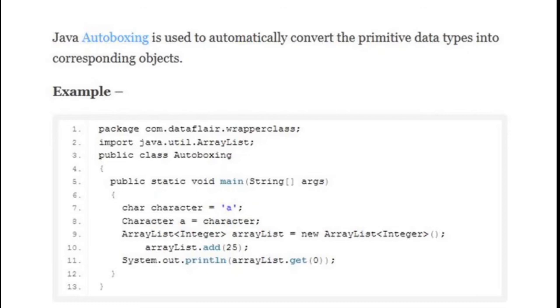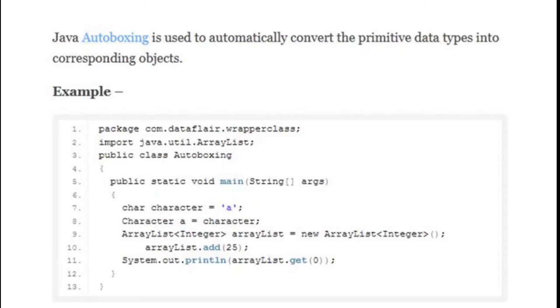Now this small a is a small char data typed literal, and then we are making a variable a having the data type as the wrapper class of char called Character, and we are passing the primitive data typed character variable to initialize the wrapper class or reference data type a variable. So what is happening over here is the char, which is a primitive type, is assigned to a wrapper class or a reference type.